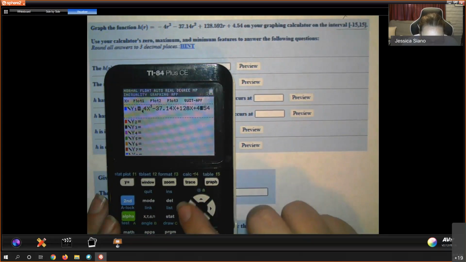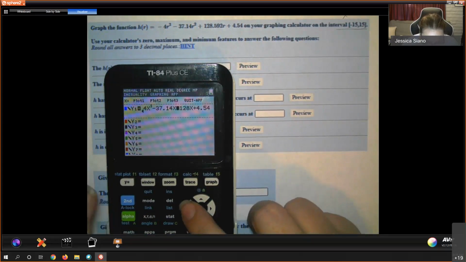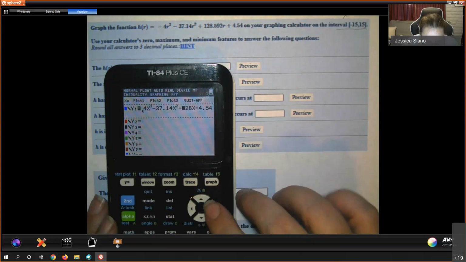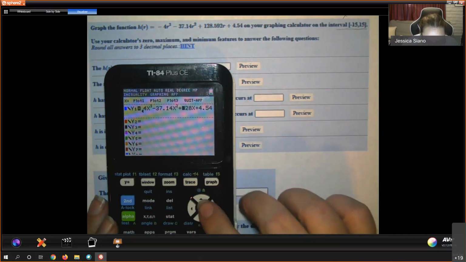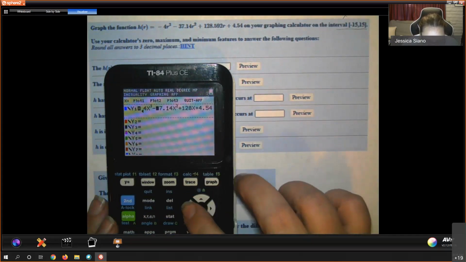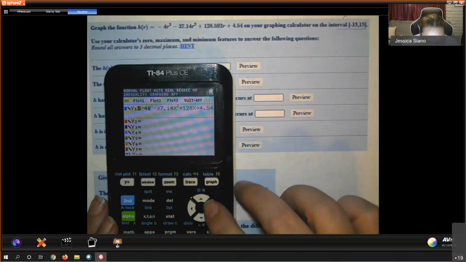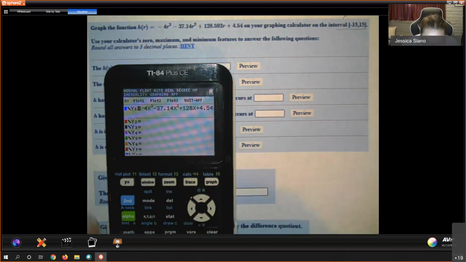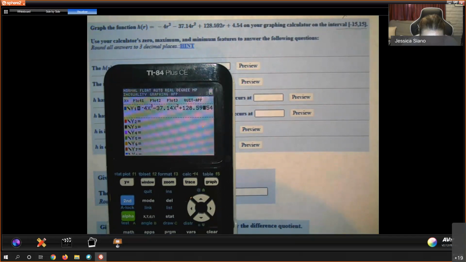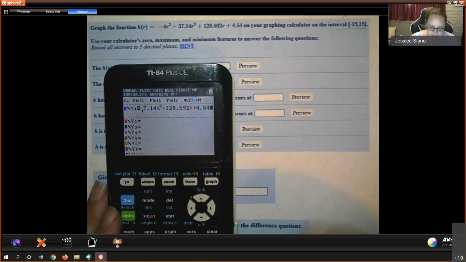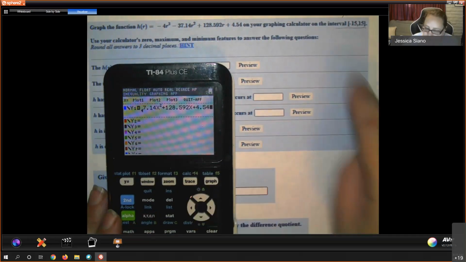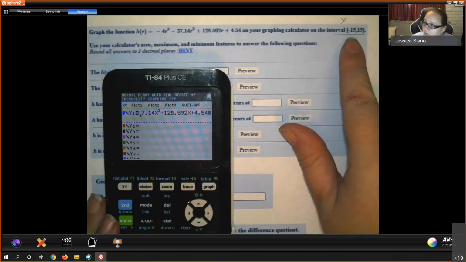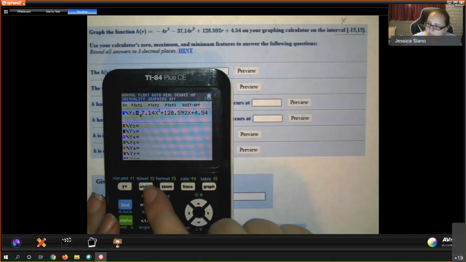Ooh, I forgot the squared. That definitely would have messed something up. Ha, glad I double checked. -4r to the third minus 37 r squared plus 128. Oops, I forgot all my decimals. 0.592x plus 4.54. Okay, so to change this window, you're going to actually just press the window button